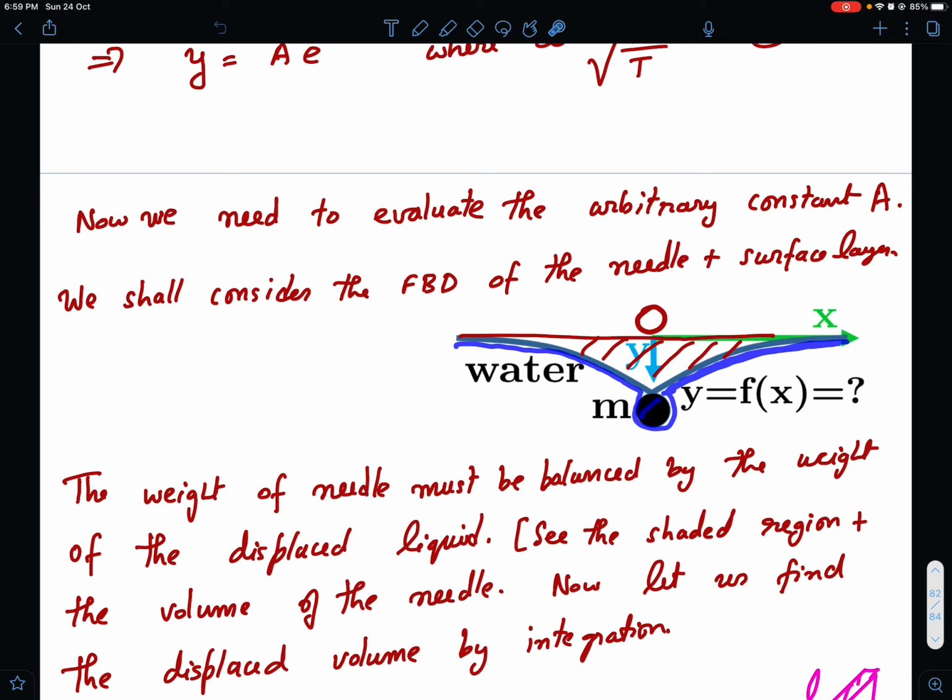So this is a very thin layer of water I have considered, plus the weight of the needle, and plus here also a very thin layer of water. So this whole thing has what weight? The thin layer of water has negligible weight, so it is whatever is the weight of the needle, right? So a few molecules thick layer. I wanted to avoid complications of surface tension here, so I have just considered the FBD where I don't have to consider the role of surface tension in the vertical force balance, right? So this is what I have considered for drawing the FBD: a thin layer of water, and this is going below the needle, so this is part of the FBD, right?